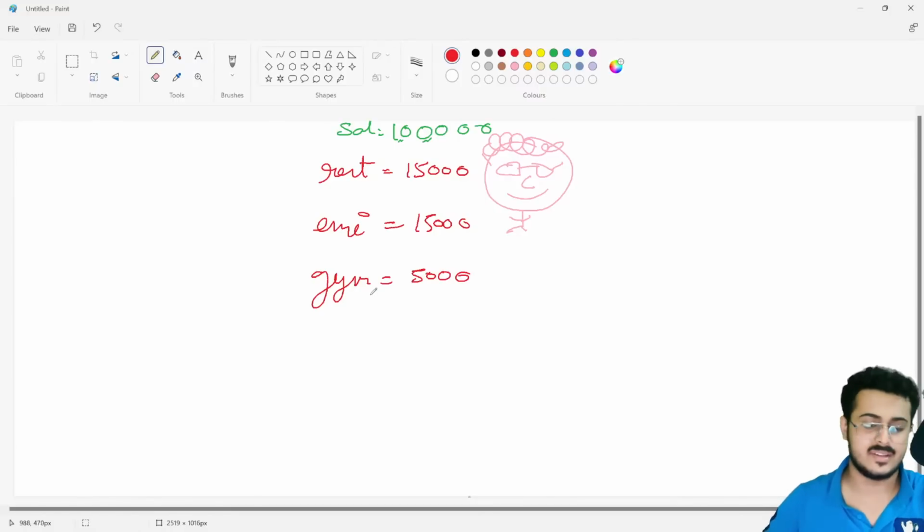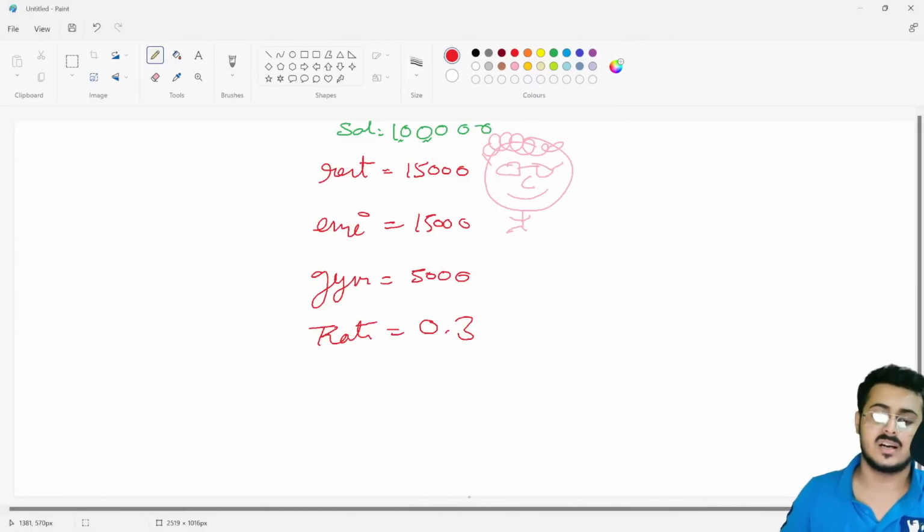Now of course you are a taxable person, so the rate of your tax, let's say it's 0.3, I mean 30%. That is your taxation, as you are falling into a tax bracket as well. So now you don't want to do this every single month. You don't want to sit and pay your rent, pay your EMI, pay your gym membership fees, calculate your taxes,